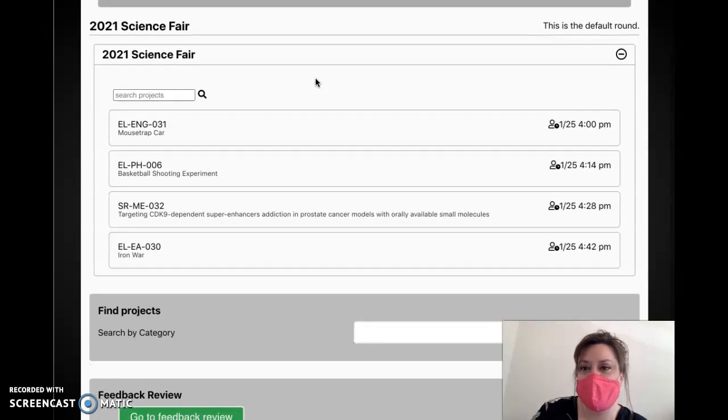We have a very small fair this year. It's not very typical of a normal year. We had a lot of students choose not to participate this year because of COVID. And you'll notice that they are by appointment. So you will have no more than 4 appointments. Your appointments range anywhere from 4 p.m. to about 5:10, I think is the last appointment time. And you'll be able to see those. Currently, I have those judging assignments in, but they probably most likely will change and be updated on Monday.